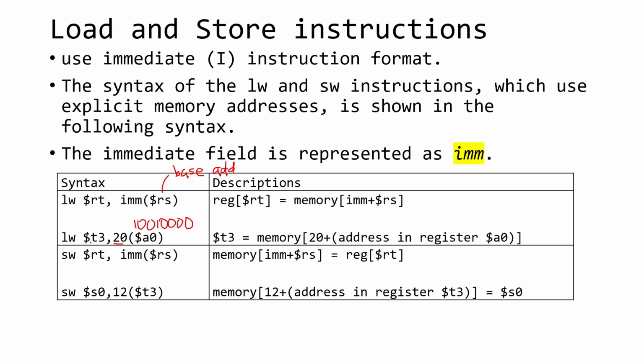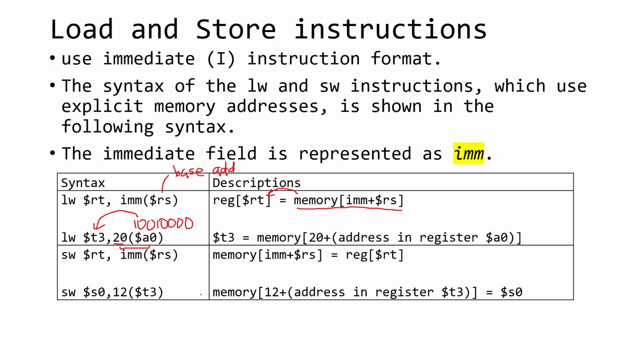So this is the syntax. Here it means we find the address and then find the content inside of it and load it inside $t3. So now $t3 will contain the data from this calculated address. Here you see the operation is memory: we find the memory address from the immediate plus the RS content, and you will get the memory address,